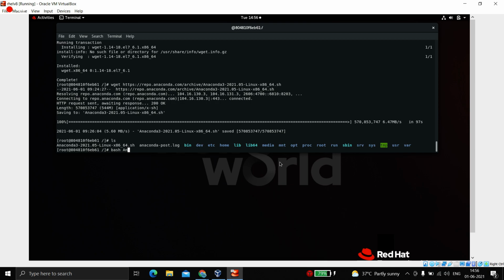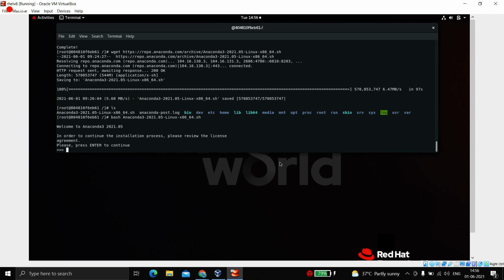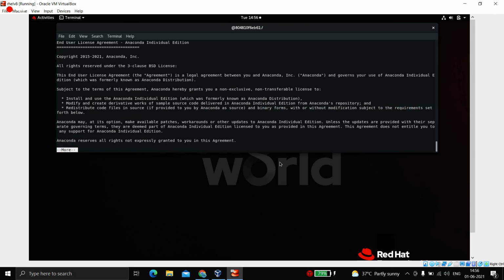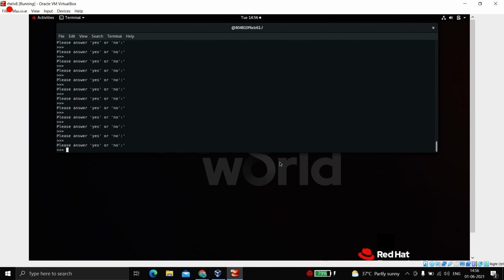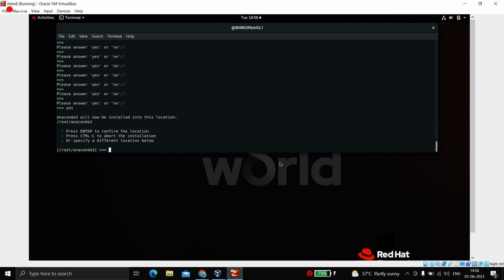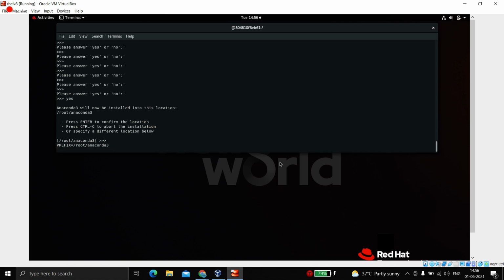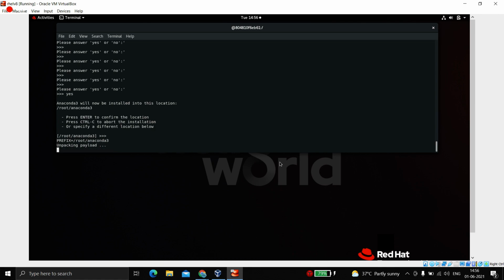So finally we have the script, and we will execute it using bash. It would show the whole agreement part. After it will ask yes or no. Put yes and then enter, and this would take some time because it will unpack, or let's say unzip, the program in our container. And finally we'll have to once again give yes to finally install it.